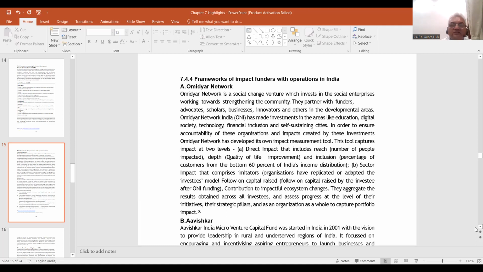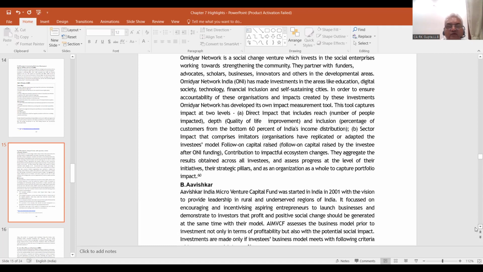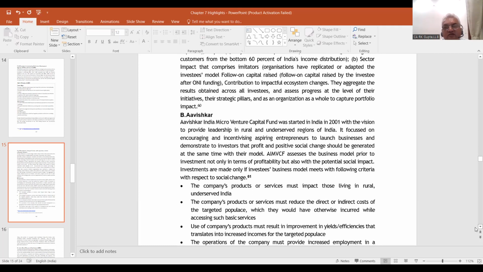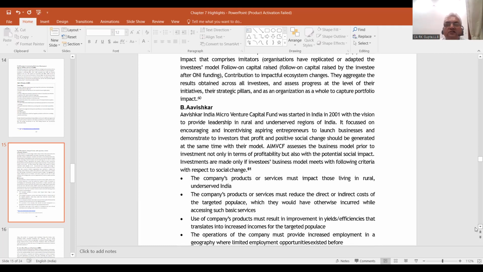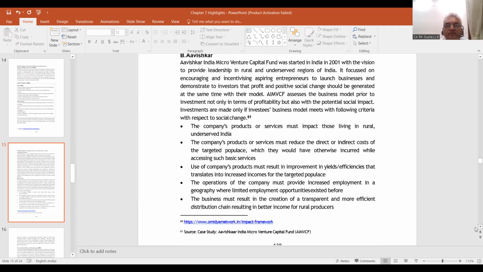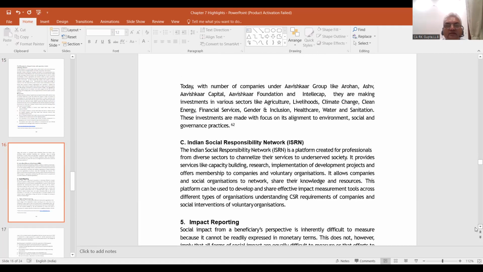फॉलो। दूसरा है आविष्कार, तो पहला ओमिडिया नेटवर्क हो गया, दूसरा आविष्कार है। ये आविष्कार क्या है? ये आविष्कार इंडिया is micro venture capital fund. उसके बाद हाँ आविष्कार में पूछा गया कि ऑप्शन में यही ढूंढना होता है, वेंचर कैपिटल फंड, माइक्रो वेंचर। हाँ।